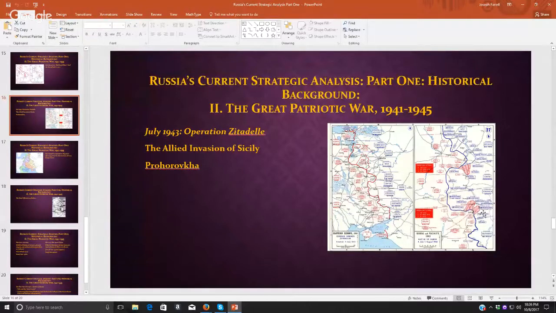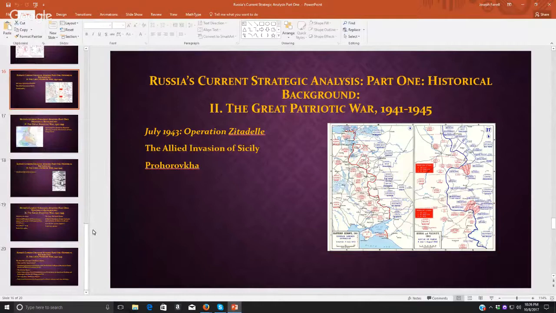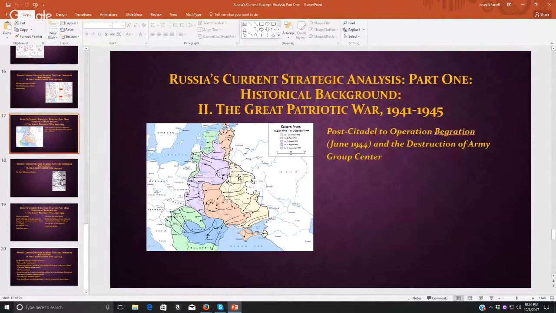The biggest tank battle of World War II, and in fact, the biggest tank battle in military history, was fought during this, here on this southern pincer, at a little place called Prokhorovka, where you had well over 3,000 German and Russian tanks crammed into an area, slugging it out all day long. As we know, that offensive was not successful, and it's as a result of the collapse of that offensive that really finally the Red Army is able, by December of 1943, to push the Germans back basically to the line of the Dnieper,